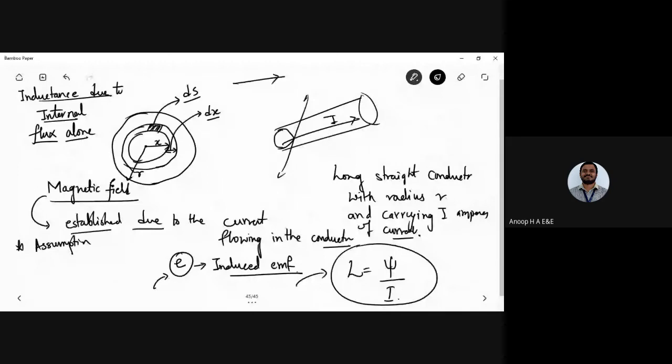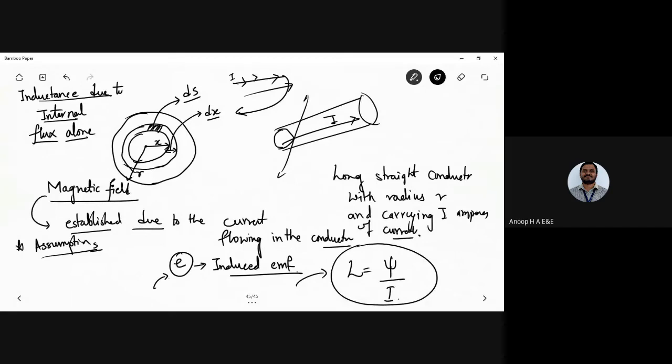So once we have the go path and the return path there, we'll be assuming that the conductors are far away, so you will have only the forward path of the flow of current, and the return path is negligible, or it is not taken into the derivation there. So the assumptions are taken into picture here while we are doing such derivation.